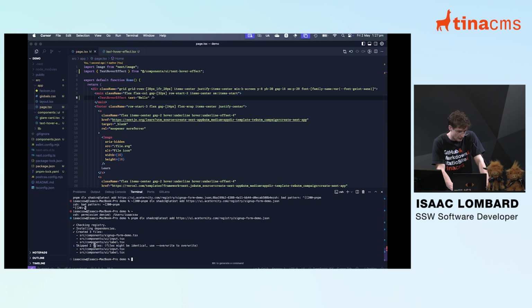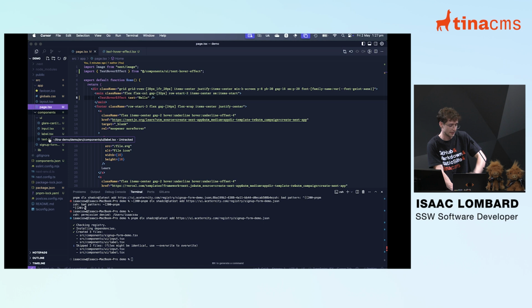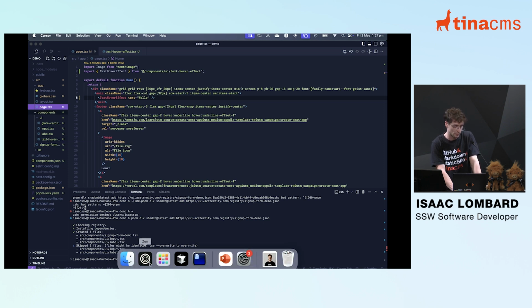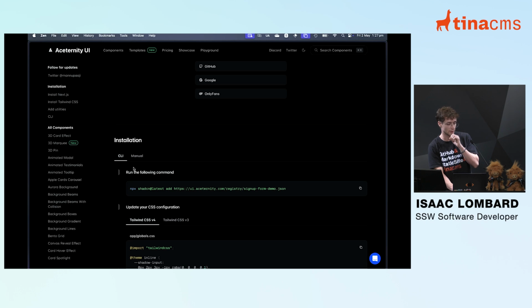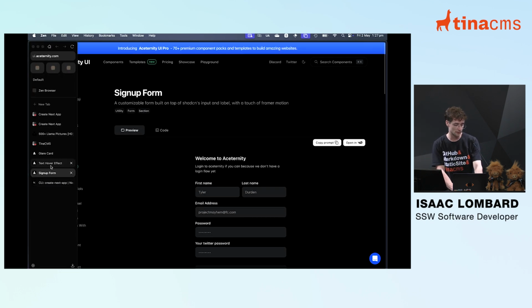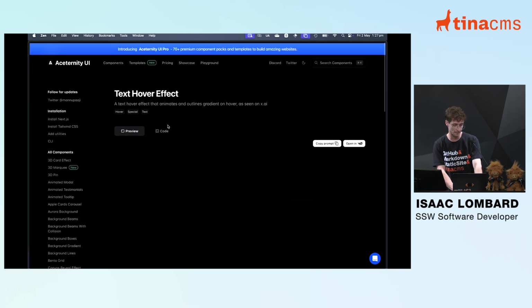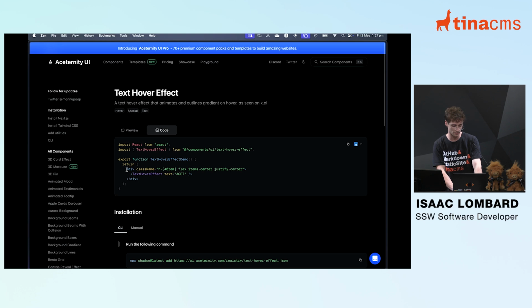Yep. So that looks good. Hopefully we have components. Yep. The sign up form, the glare card, and the text hover. I'm actually going to go and copy the example code from the Aceternity website for us to use for these, so we don't spend more time writing them. So if we grab this code,